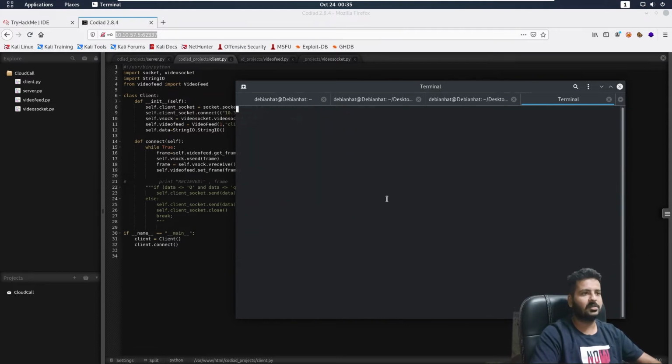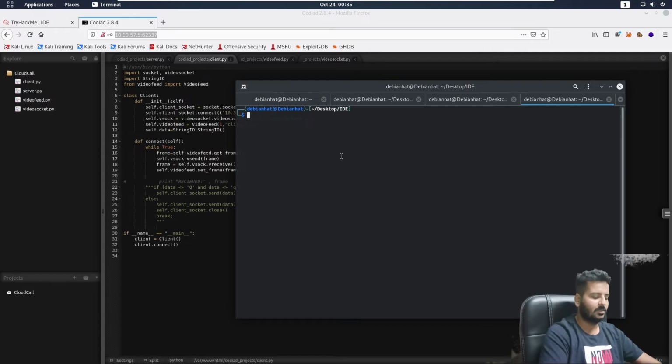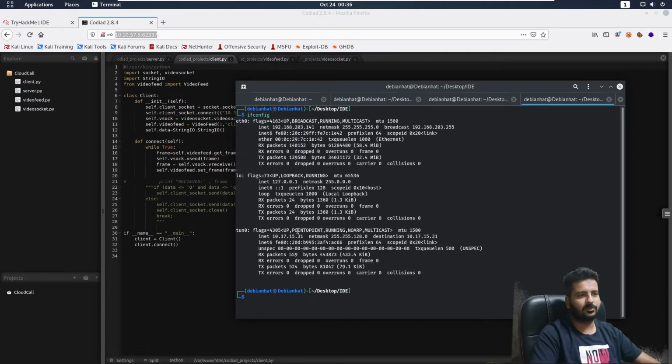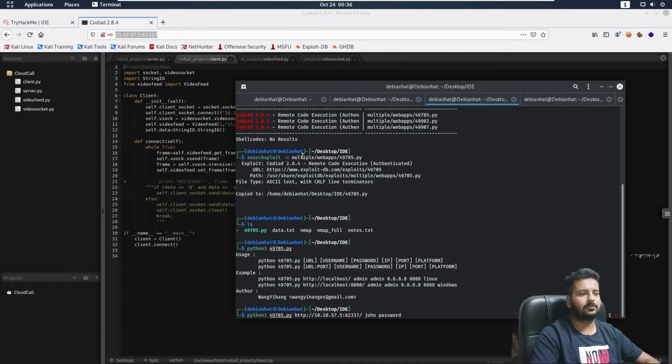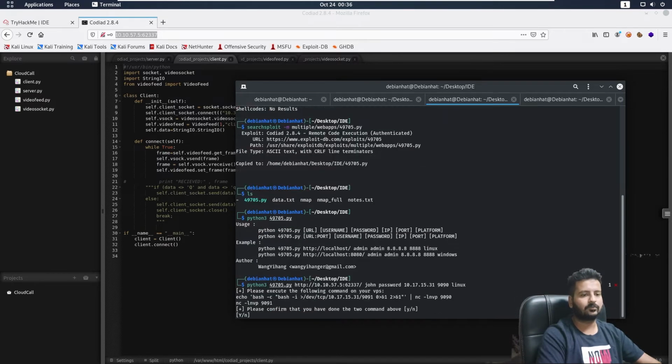So what I'll do, I'll just simply go and check my IP. ifconfig gives me the IP of my device, that is 10.17.15.31. Let me copy it. Sorry. Copy it out here. There goes my IP, and the port, say 1990. I want it on 1990. Then the platform is Linux, as simple as that.